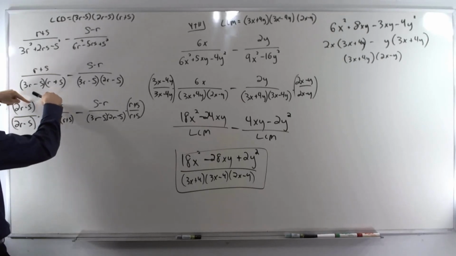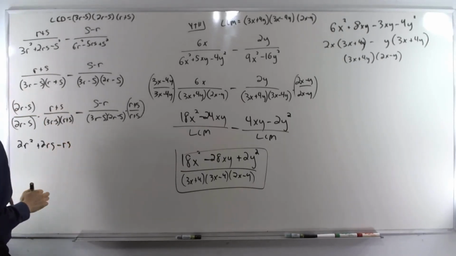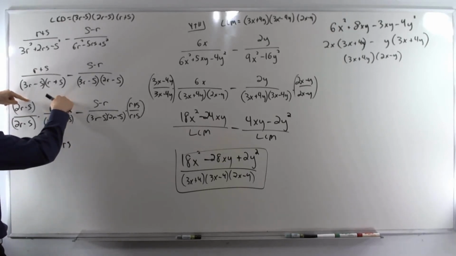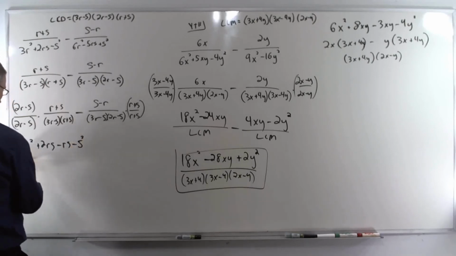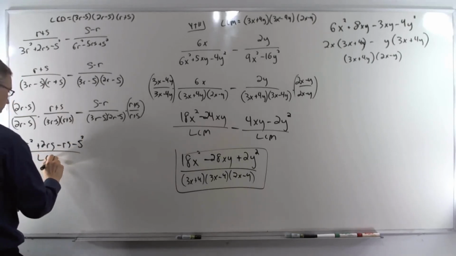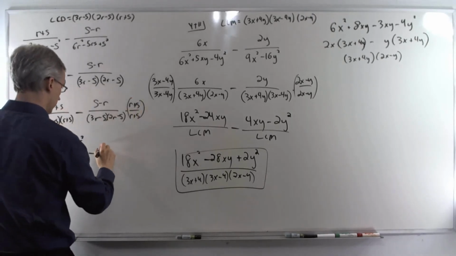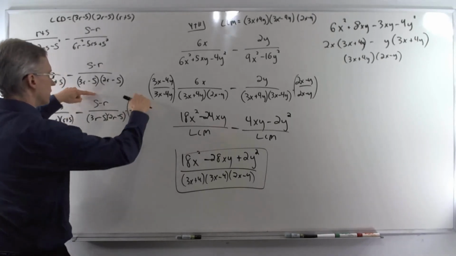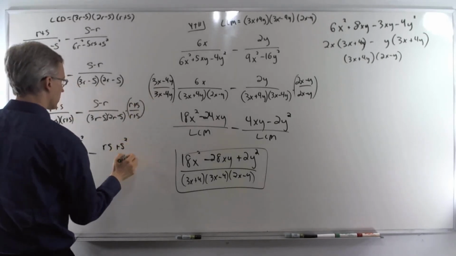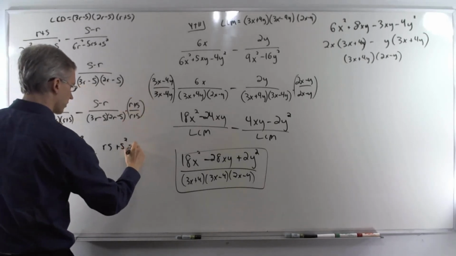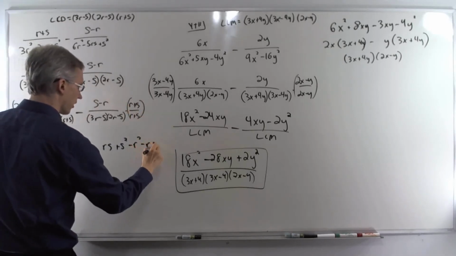We got inside negative s times r, negative rs, and negative s squared, all over our LCM. This side, s times r, that's rs. Outside, s times s is s squared. Inside, negative r squared. And last, negative rs